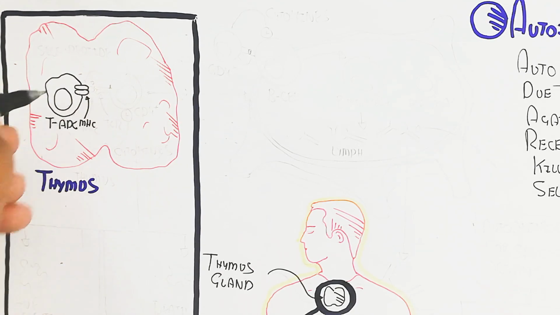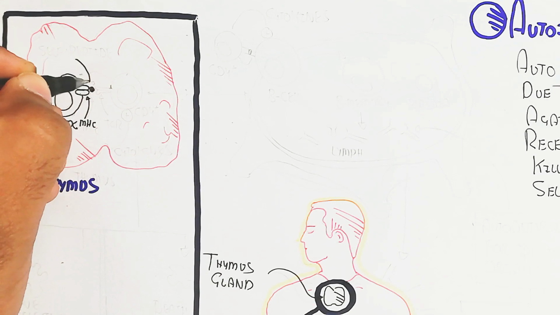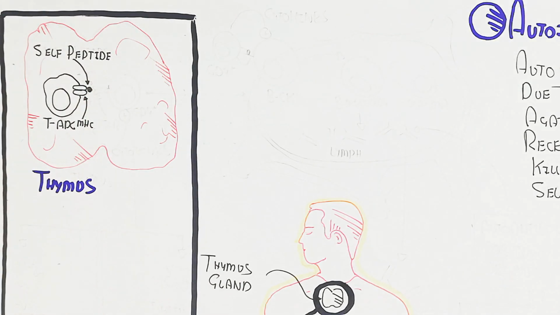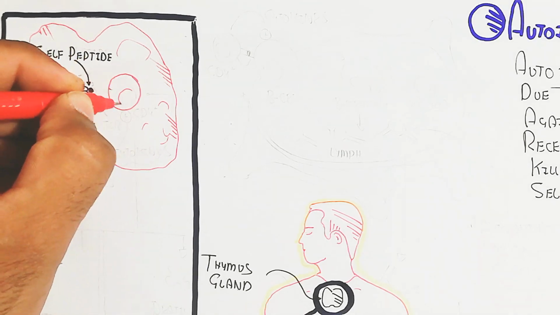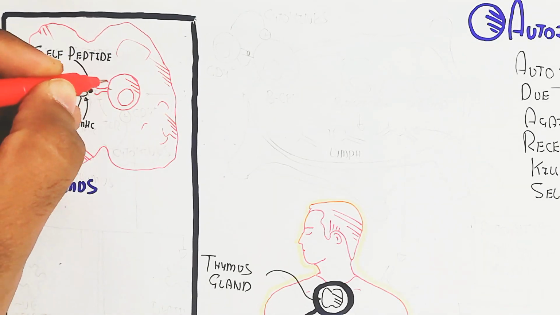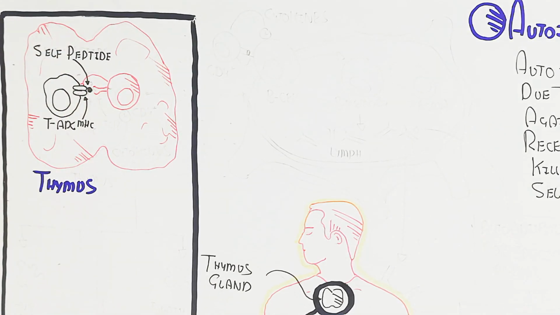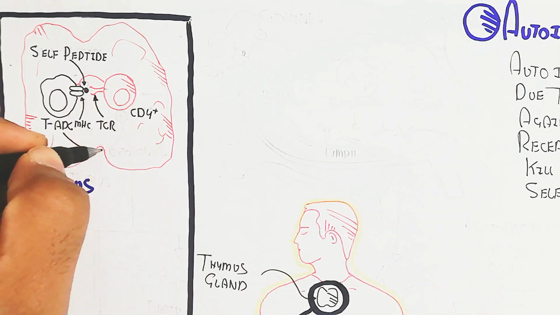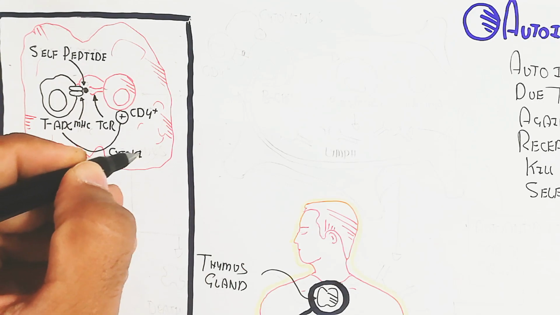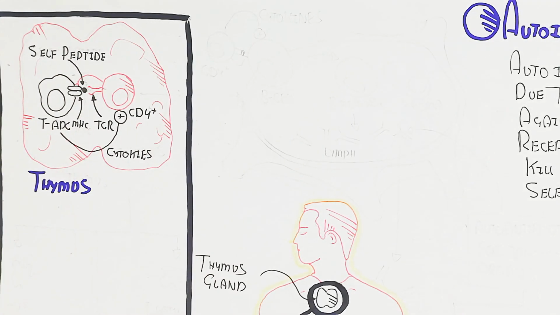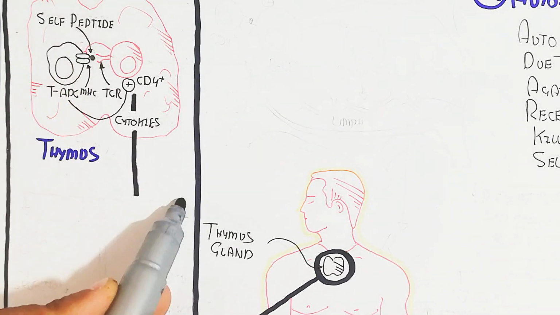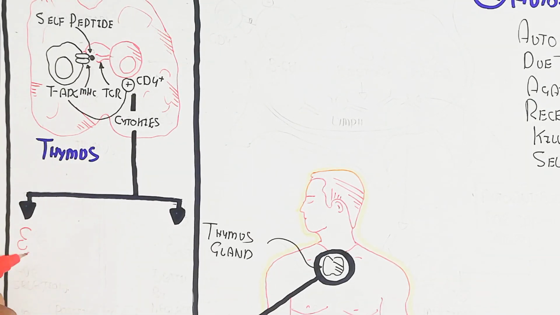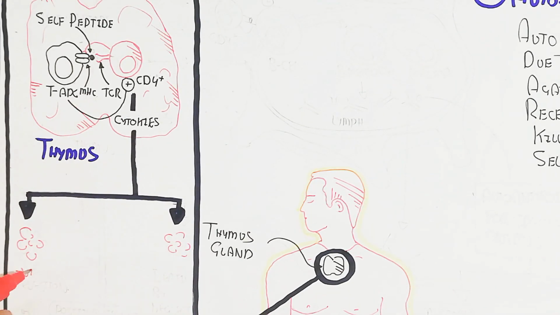The thymic antigen presenting cell will be recognized through the MHC class one molecule, which picks the self peptide from our own tissue. Through the T cell receptor, the CD4 positive cell will be activated and recruited via cytokines from the thymic antigen presenting cell. In this way,